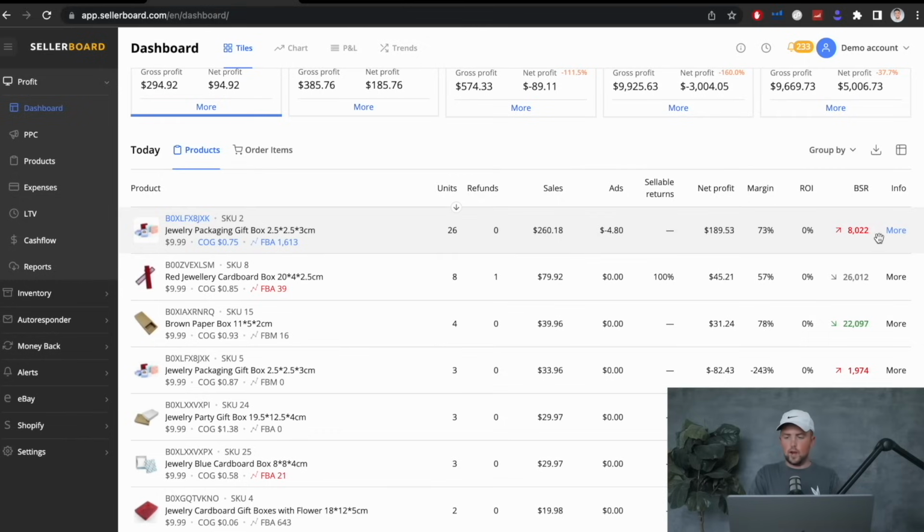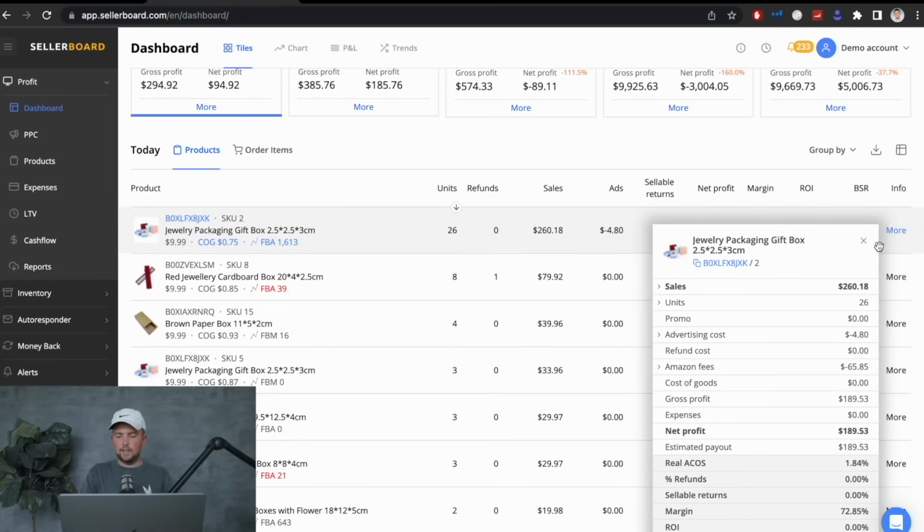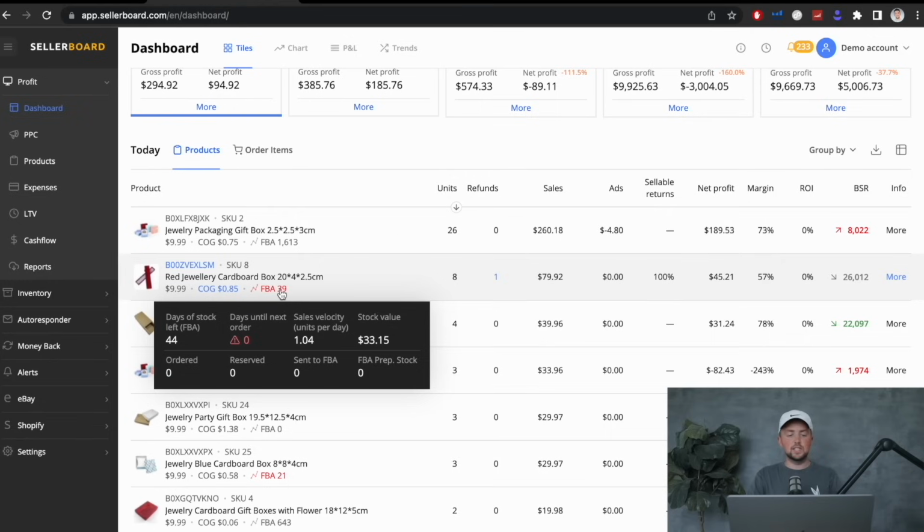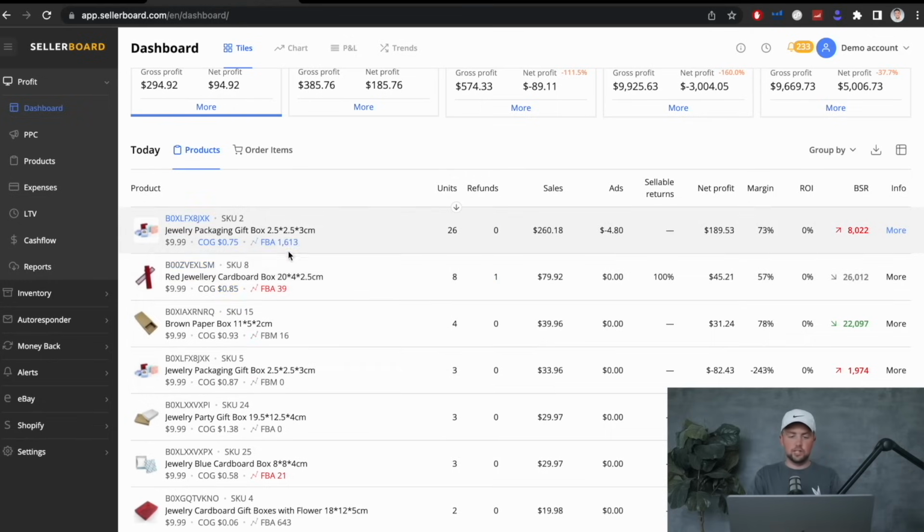The same goes for this product view. If we go over to the right, we can click on more info and get a further list of KPIs that we can see down here, these being specific for each individual product that we want to look at. One other important thing to note in the product view is that we can also see the amount of inventory or stock that we have left of this product. This will let us know if there's anything that we need to be placing orders for soon, or just the current level of our inventory.